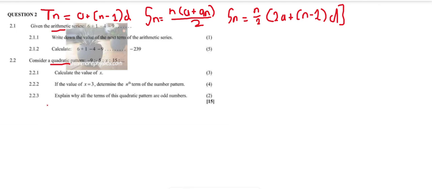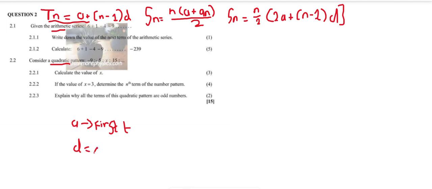arithmetic and quadratic. Now, when it comes to arithmetic, to find a general formula, Tn equals a plus (n minus 1) d. Now this a is the first term. Okay, the a is the first term. Now when it comes to